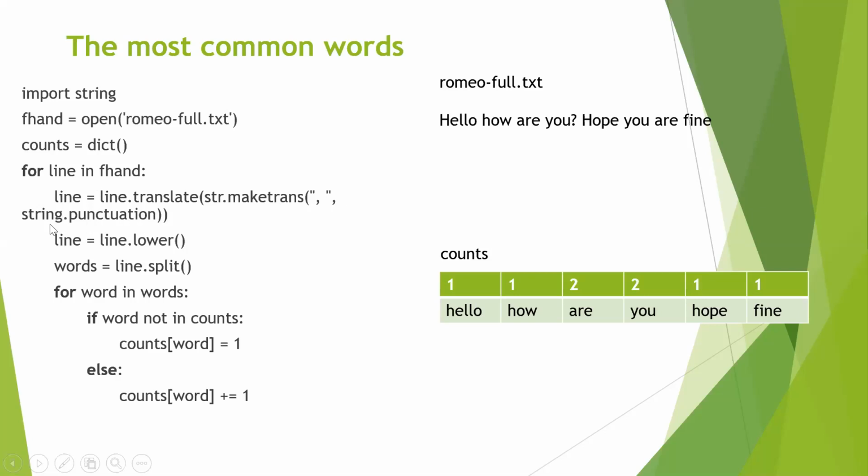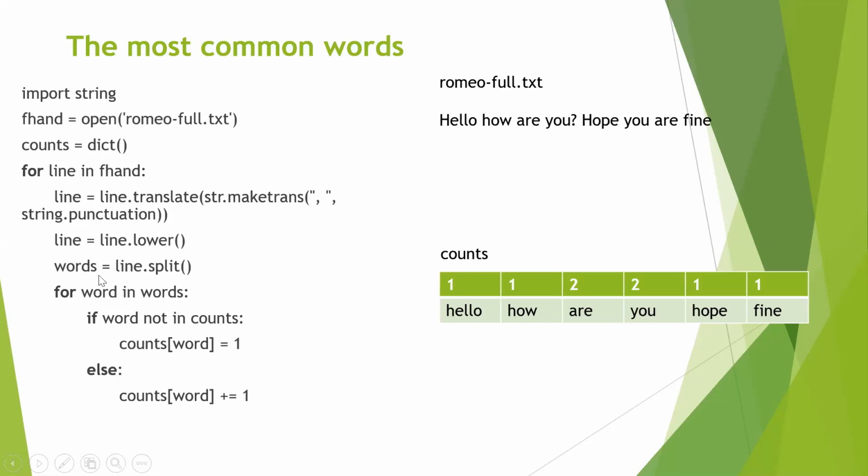So which would remove all the punctuation marks from the given line. Now what am I doing? The next step, I'm converting everything to lowercase. So if there is a capital Hello with capital H and another hello with small h, both will be treated the same. So everything is converted to lowercase. The next thing is, I want to convert the entire line into a list of words. So how do I do it? I say line.split and I get the list of all the words.